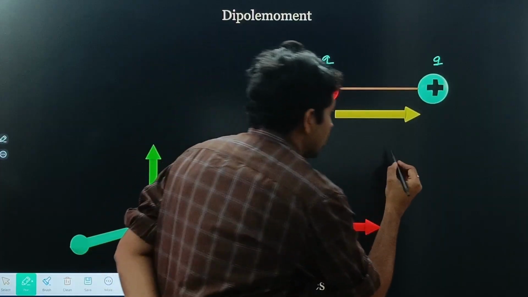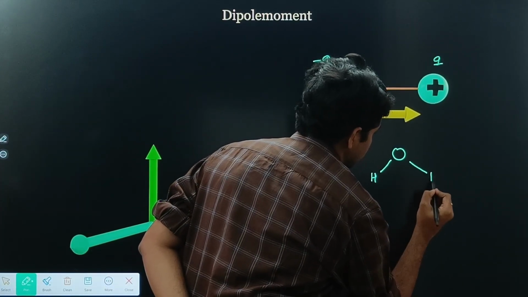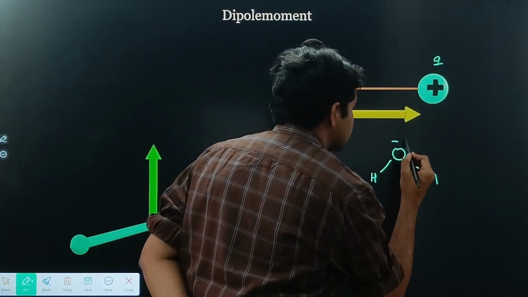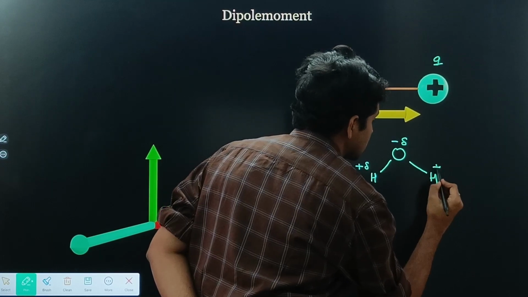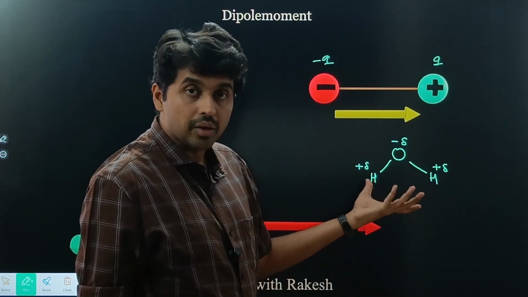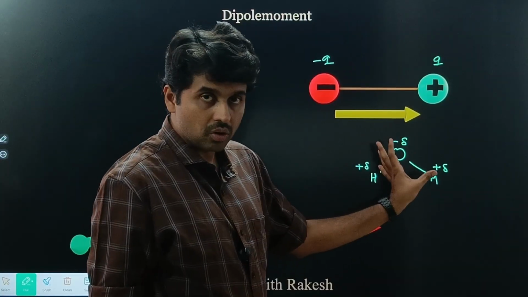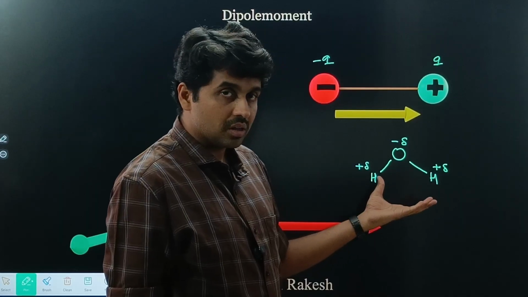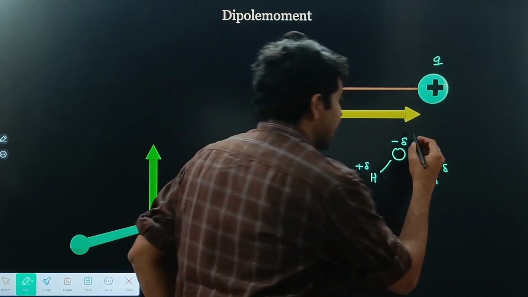See, water molecule is O and H, right? So we know that O is slightly electronegative, so there is a slight negative charge here. On H, there is a slight positive charge. So this H2O molecule is like a dipole, slight negative, slight positive, like this. Net charge is zero on the water molecule. And because water molecule is a dipole, when we add salt to water, that is sodium chloride, Na plus comes